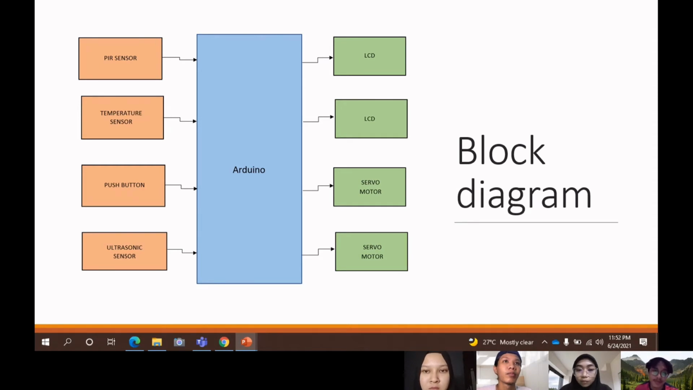There are 4 input and 4 output for this system. So as you can see, there are 2 servo motor and 2 LCD for output. And for input is PIR sensor, temperature sensor, push button, and ultrasonic sensor. Next,